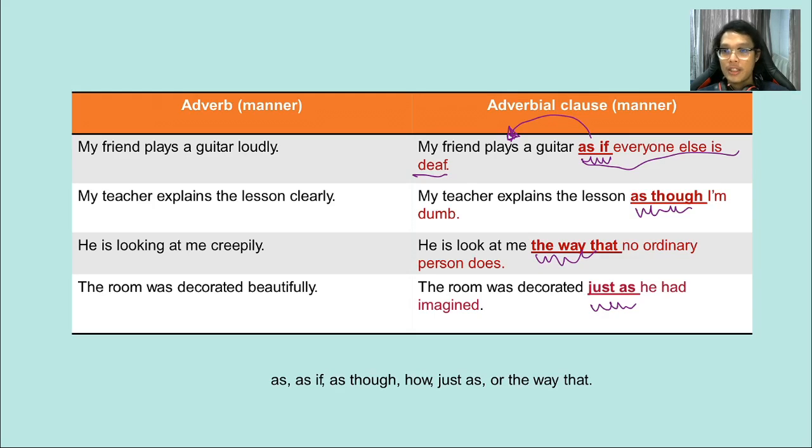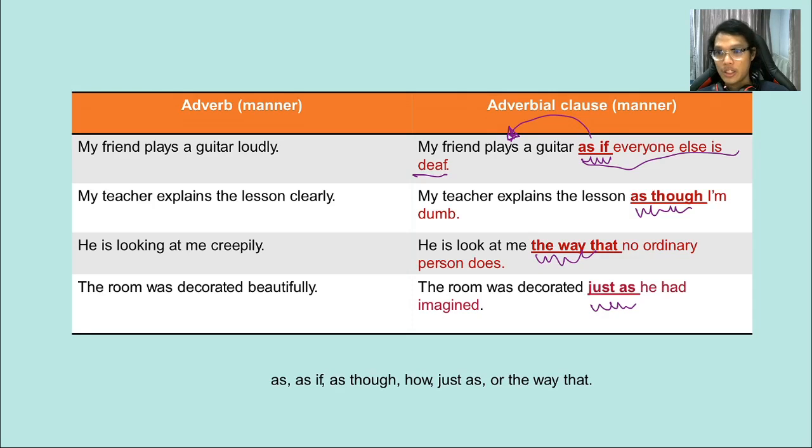My friend plays guitar as if everyone else is deaf. Or my teacher explains the lesson clearly, but you want to have a sense of satire, ประชด, so: my teacher explained the lesson as though I'm dumb. What does it mean, I'm dumb? I'm stupid. Like when you explain something to your dog and your dog doesn't know anything, but you try to